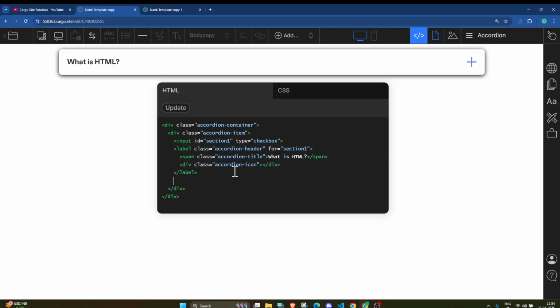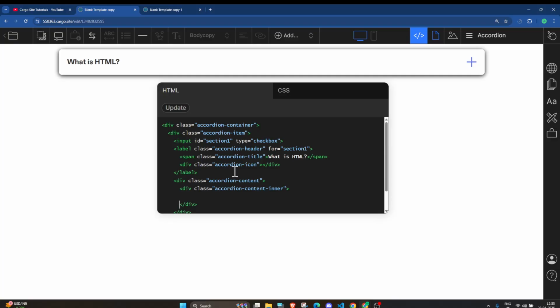So simply add a div element, and here add the class accordion content, and inside this add another div, accordion content inner, and here you can add the text.